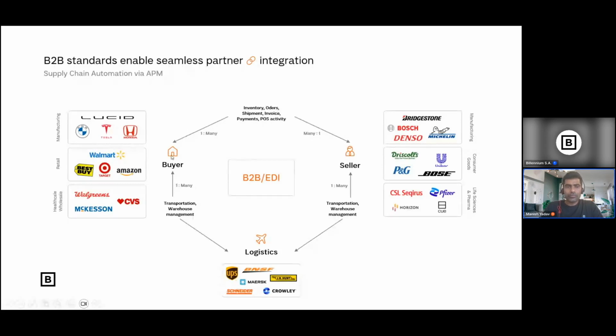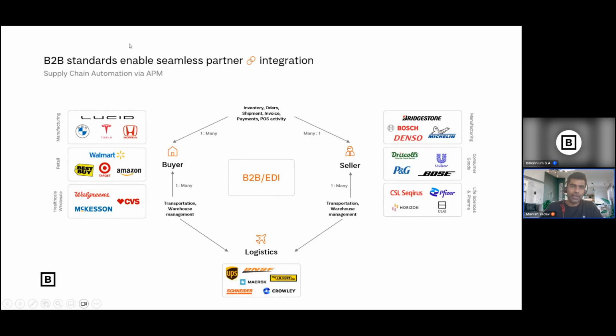Now, to automate this process, you order the iPhone. Okay. Now you want to track the order history. So you need to have some sort of dashboard, or some sort of tracking URL or tracking link, with which you can track the order. Okay. So if you want to automate this whole process, buyer to seller to logistic to buyer again, we are bringing something called Anypoint Partner Manager. We will talk more about it in the next slide, but I just want you to relate it with this diagram.